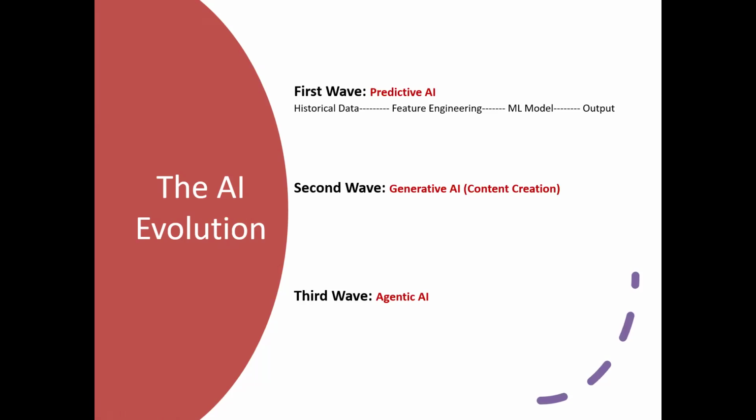Okay, this basically relies on structured data, right? Like numbers, categories, historical records, and models are trained on pre-collected databases, and they make predictions based on the learned patterns, right? And another example is spam detection, email spam detection, using email metadata like sender, subject keywords, or recipients, right? And the frequency. These are the metadata.